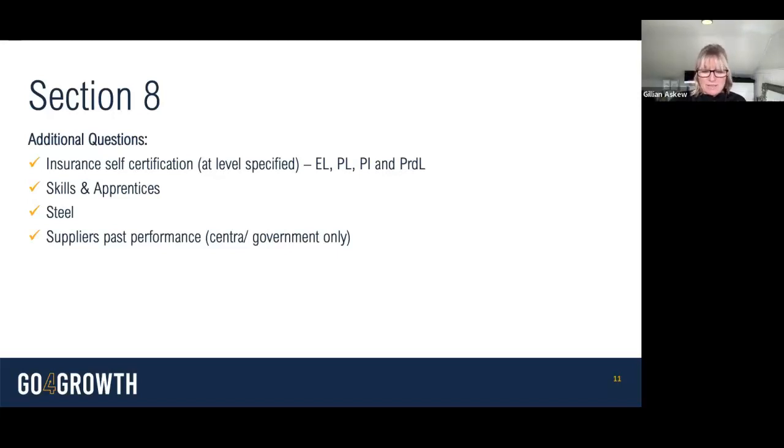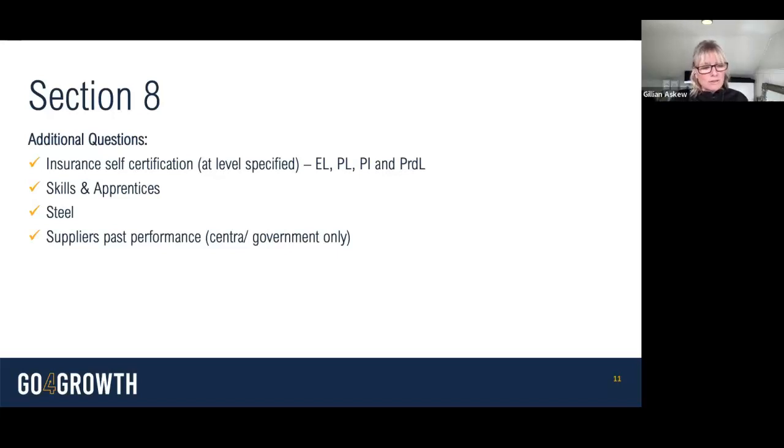One thing I did want to point out, in all cases, insurance requirements, and actually this can apply to accreditations as well, should be proportionate to the value, risk and complexity of the contract. If for any reason you don't believe it is, then you may question that insurance and the level that you're being asked to provide through the clarification question process.